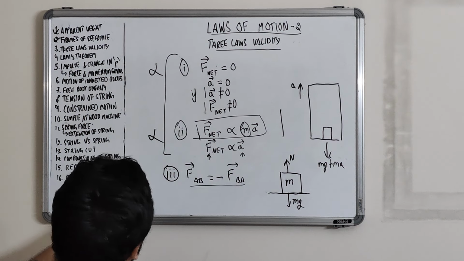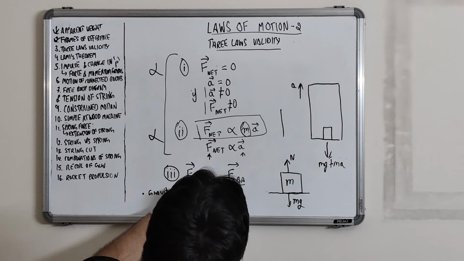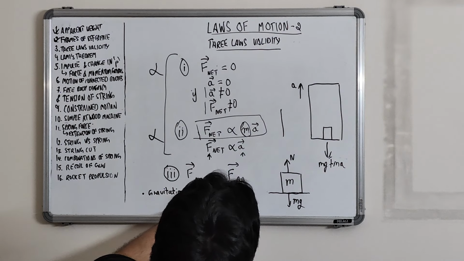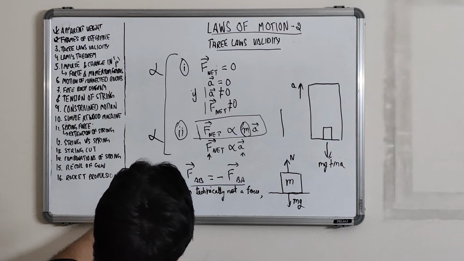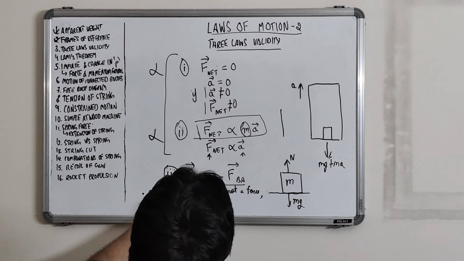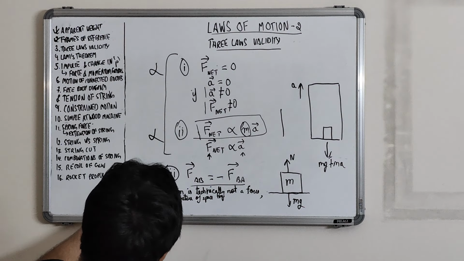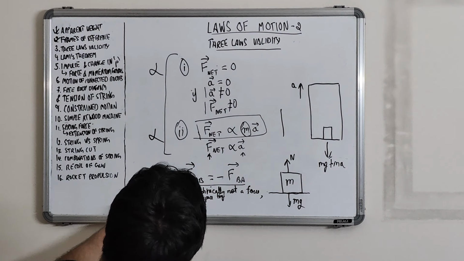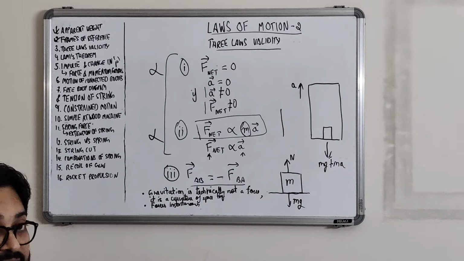Reason number one: gravitation is technically not a force. It is a curvature of space-time. And as it was proven, the forces are not instantaneous. So what that means,